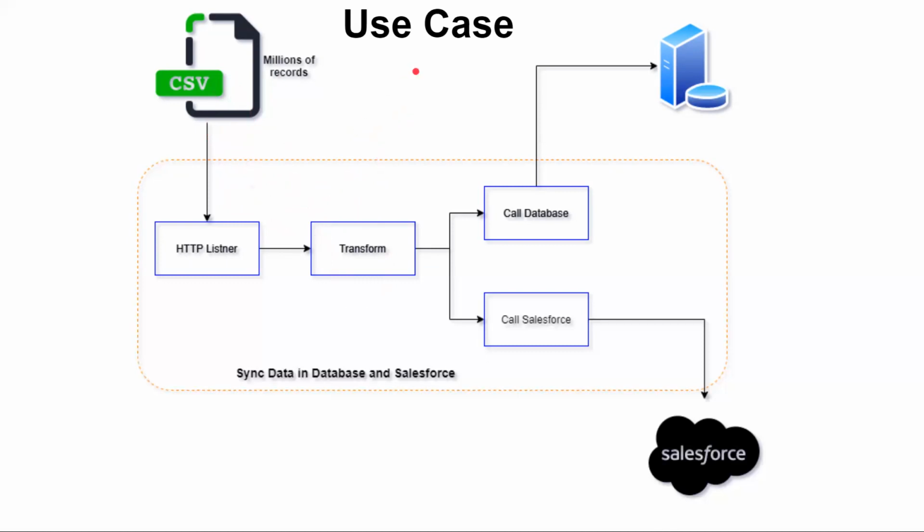So as an architect, you need to dictate, or suggest as a best practice, when you are reading a file and want to send that data to multiple targets, we can take help of an option called streaming mode. Streaming won't read the entire file in your memory at any point of time. It will read the records from the CSV on demand.